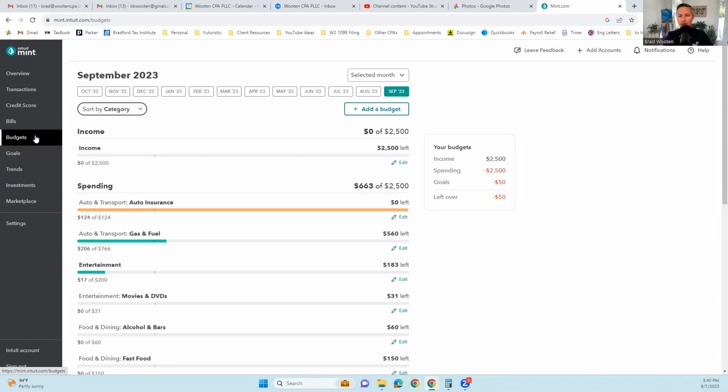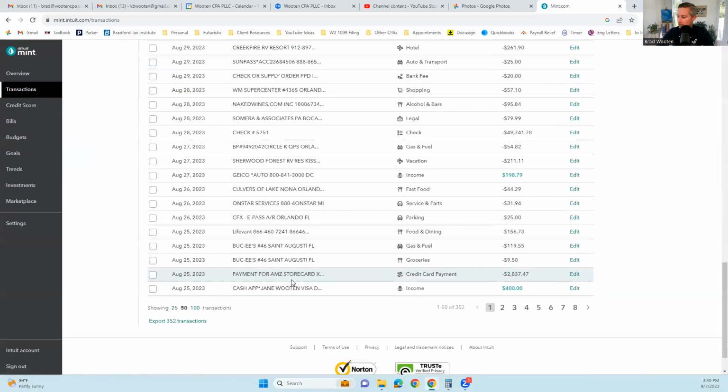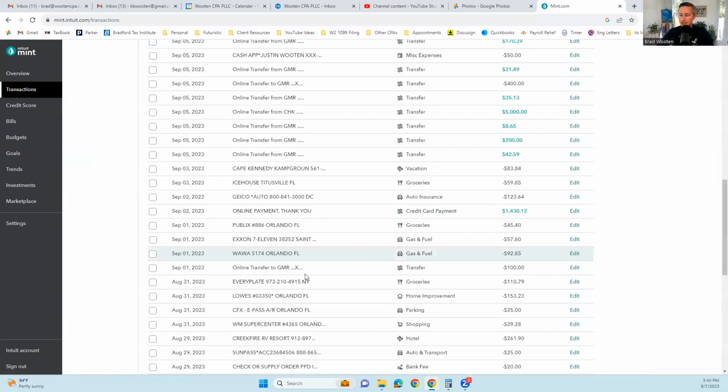Yes, I can connect my accounts. I can import my categories. I can import my transactions. I can categorize them pretty easily. It's going to automatically categorize them, and then I'm going to have to go back through and make sure that they're correct. It imported a ton of data that I have no clue. I mean, there's no way I'm going back through pages and pages of transactions to make sure these categories are